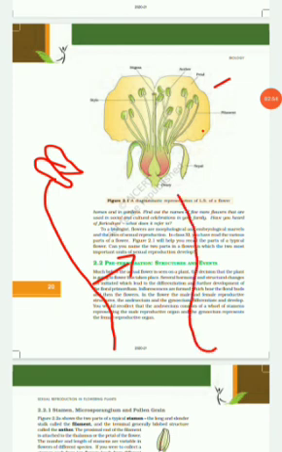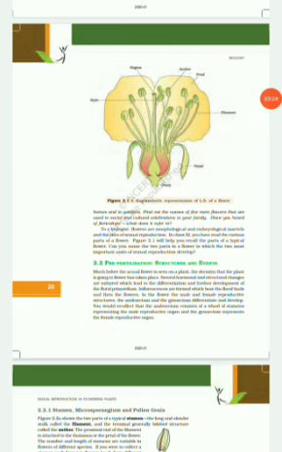It will have a stigma at the top. This is the stigma. The lower portion is the style, very delicate, and this is the ovary. Okay, fine. So below, this ovary is attached to the stalk, or the thalamus, or the receptacle.